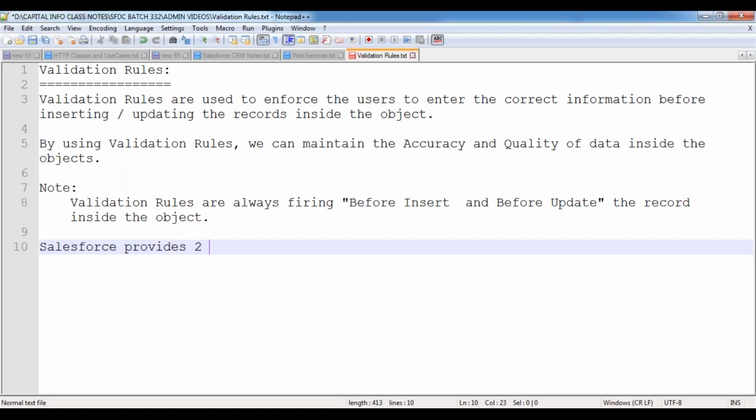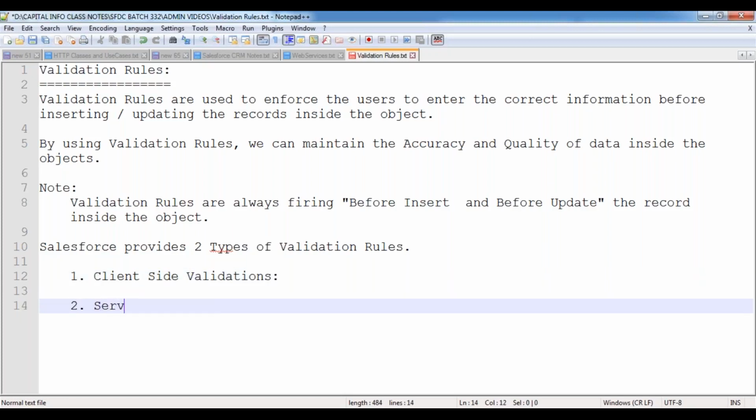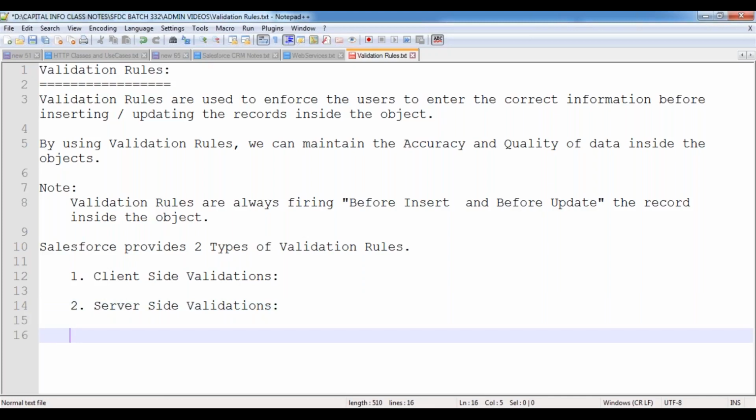Salesforce provides two types of validation rules. First one, client-side validations. Second one, server-side validations. What do you mean by client-side validations?